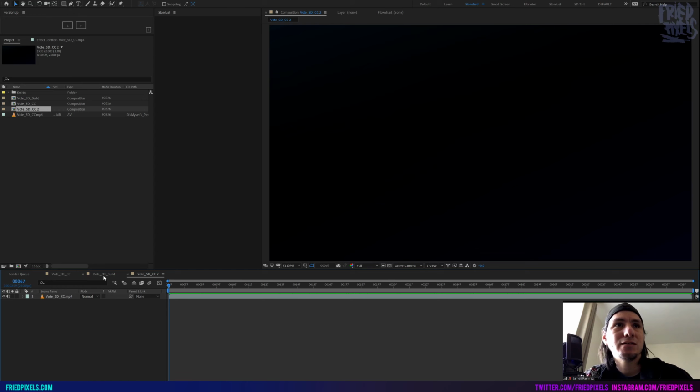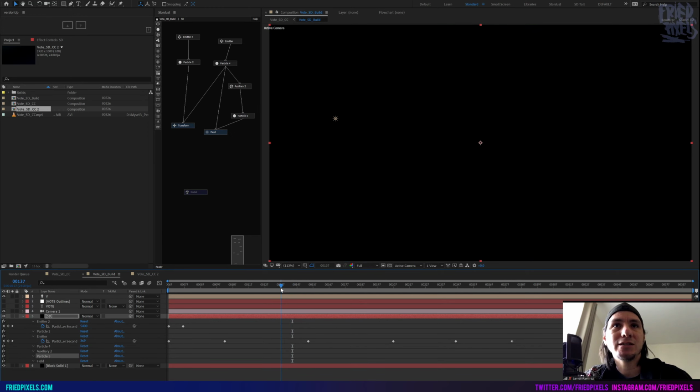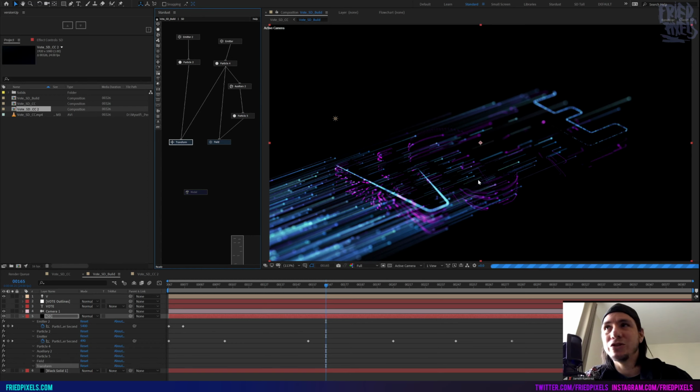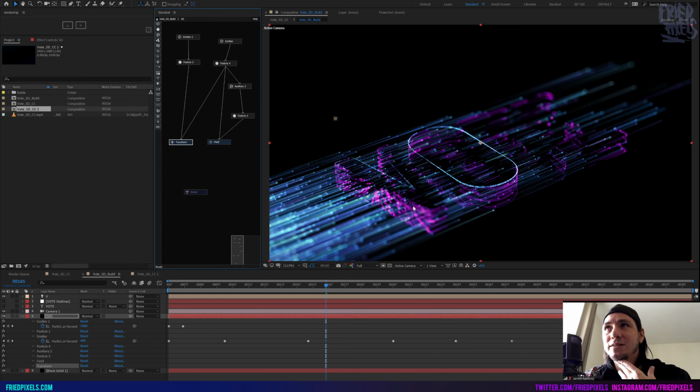After Effects. This is my shot. We have two emitters and two separate particles, an auxiliary particle and a particle for the filled text, and then a transform, which is rotating everything 90 degrees so that it's this cool flat angle so that we could get some cool depth of field on it.